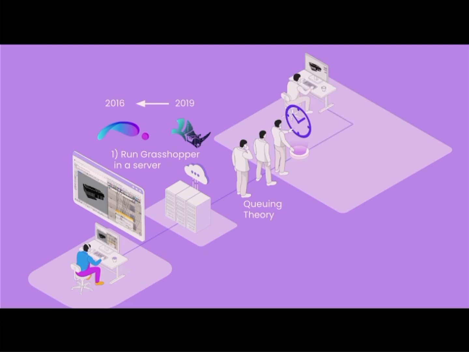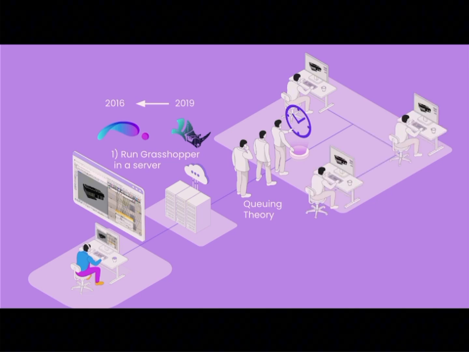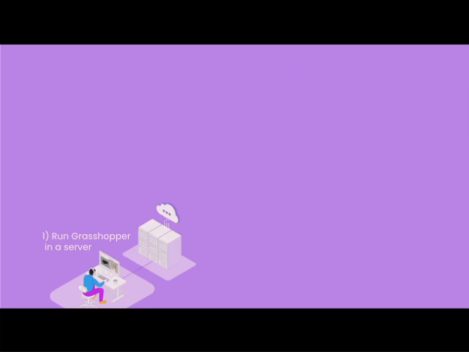efficiently if they want to use, for example, the same model, or what happens if they want to use multiple instances of Grasshopper? How do you dispatch that so that you can scale up your servers, you can scale up the use of Grasshopper without overwhelming or overblowing your servers? No? What if you have to initialize one instance of Grasshopper every single time that somebody wants to access it? Well, no, that will overblow your server. So that's why we have an algorithm where we have the queuing theory, and then we are able to really dispatch efficiently and at scale the use of Grasshopper.